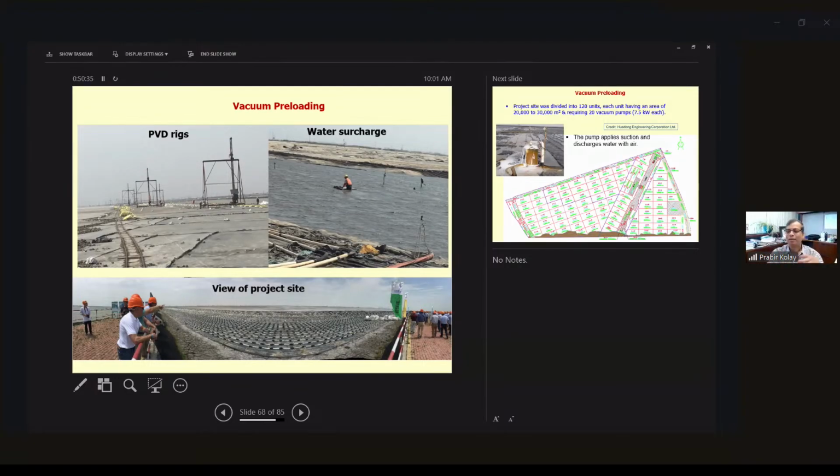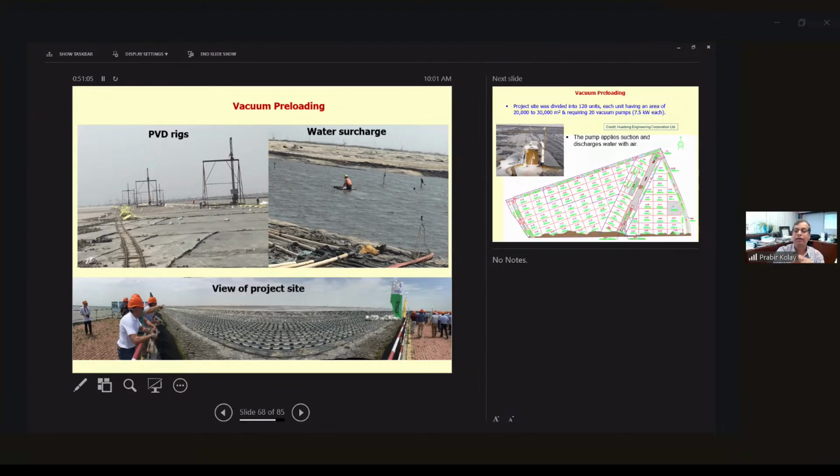Ideally it should be sand, but they pump the clay, the slurry and clay water, and then they want to do construction on that type of area. So we have to do the PVD and the vacuum pre-consolidation. You cannot apply a huge surcharge load on top of the soil because it cannot take that load. That's why they use the PVD and the vacuum consolidation to